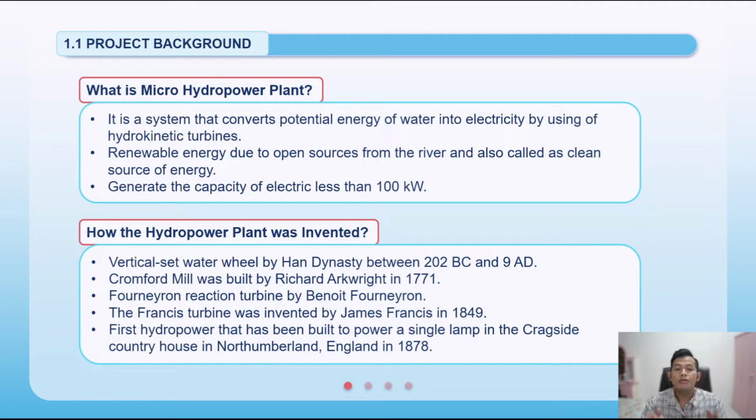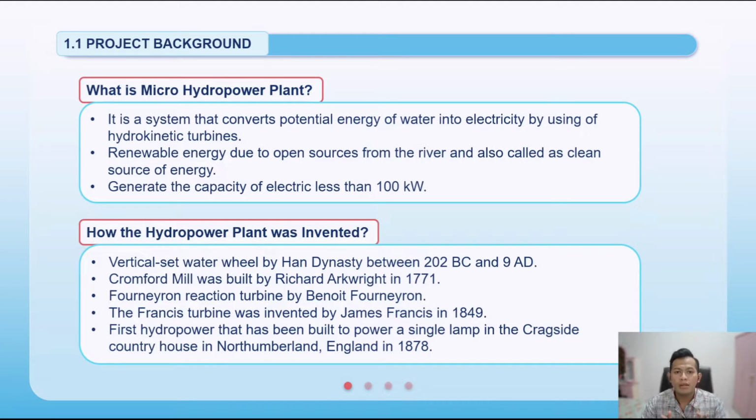Besides, the Fourneyron reaction turbine was built by Benoit Fourneyron, a French engineer. This turbine is capable of producing 6 horsepower. In 1849, British-American engineer James Francis invented the Francis turbine, which is the world's most extensively used water turbine